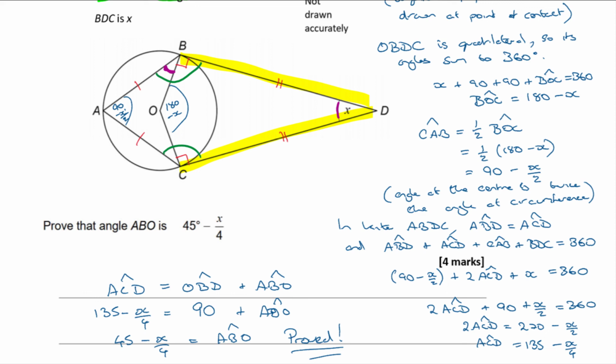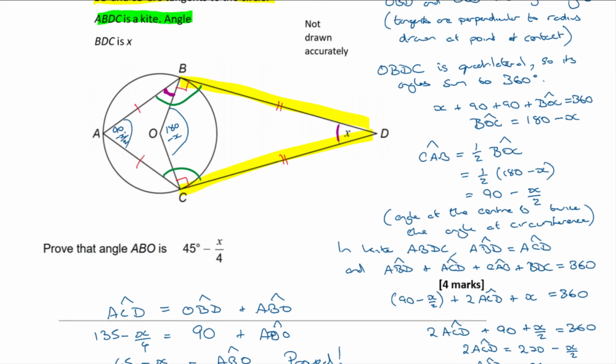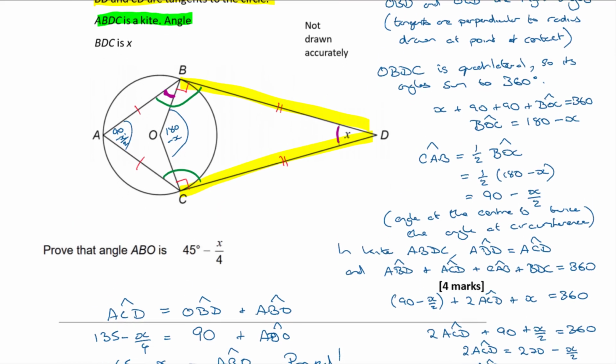Okay, so that was quite a long proof, but prove it we did. Very good. So ABO is 45 minus x over 4. Just running through that again from the top, we used the fact that